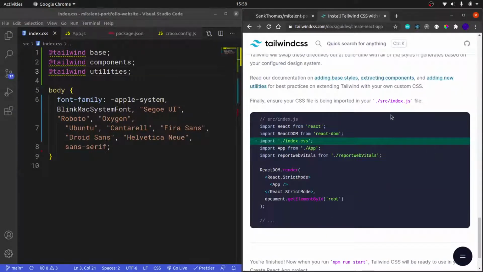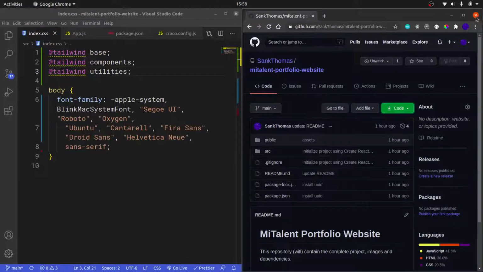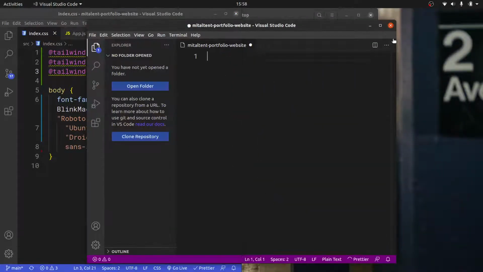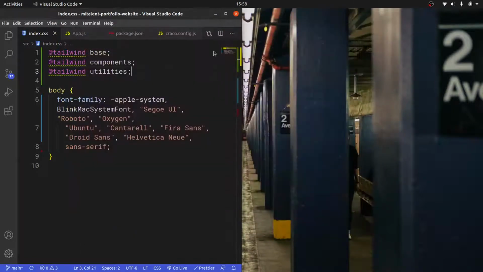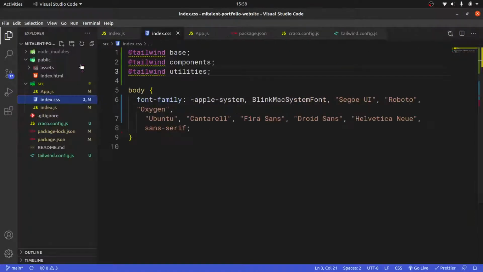And that's looking amazing. So I can close that down, and I can close this repository down, and I can close this down as well. Don't save this. And I can close this down as well. Okay, fantastic. Now that we have TailwindCSS installed,